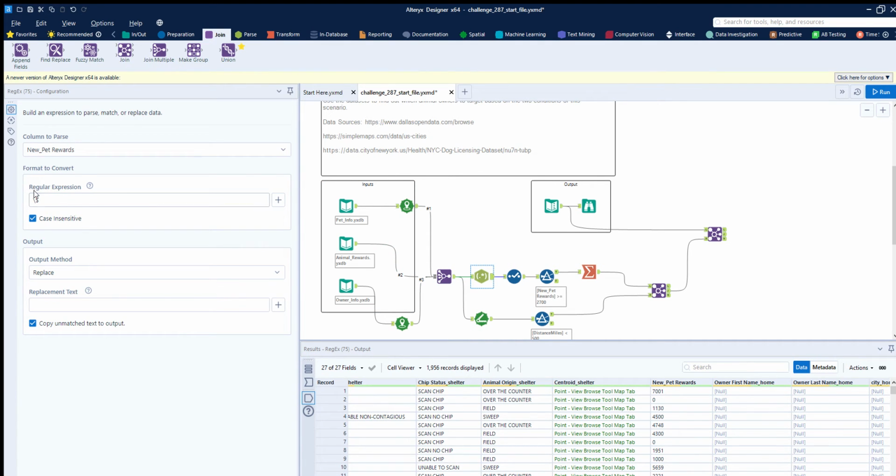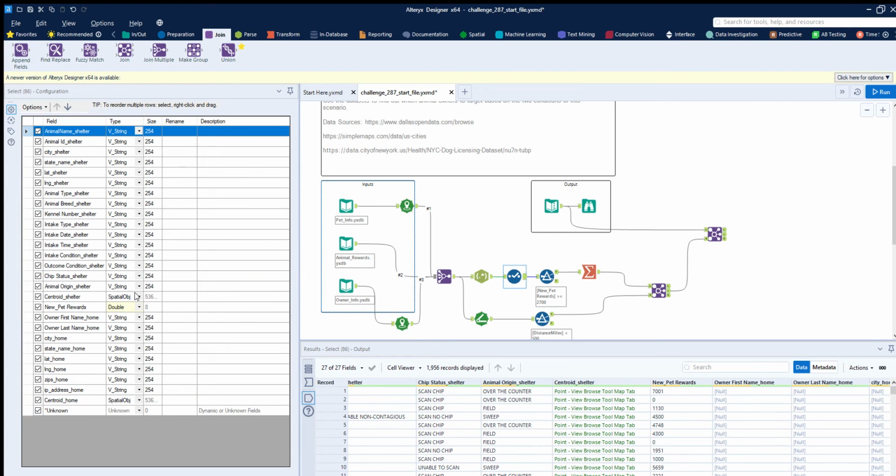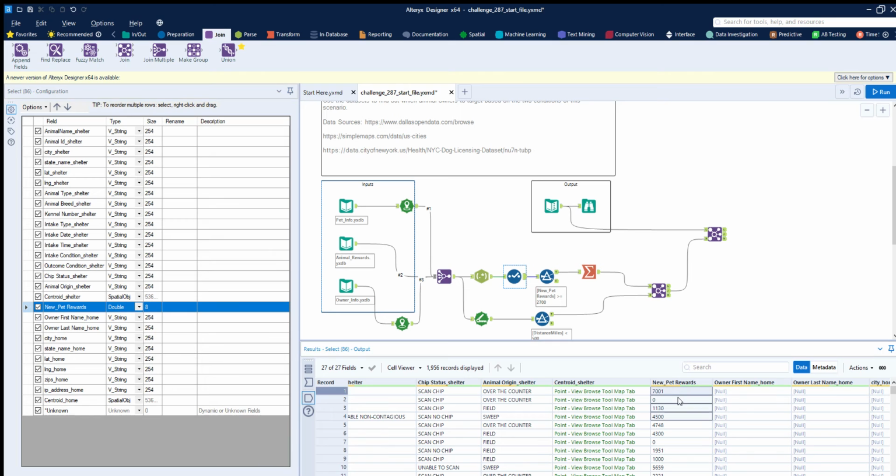Just use a backslash and the dollar sign, and that will remove any dollar signs from this new pet rewards column. The output of this regex ends up being a string. So I'm just going to use the select tool and change the variable type to a double so that Alteryx actually reads that variable as a number